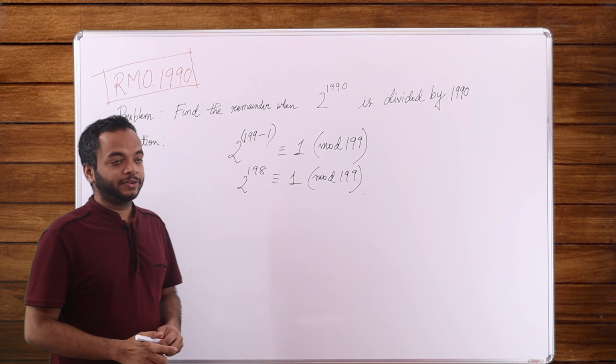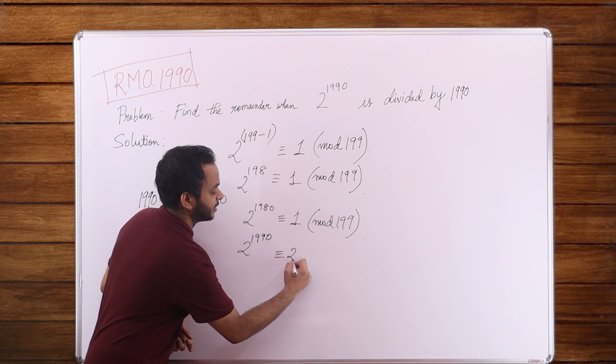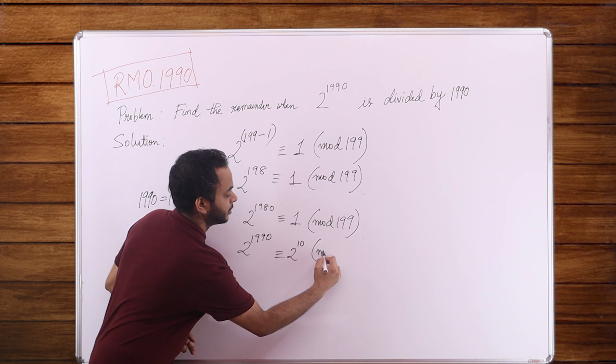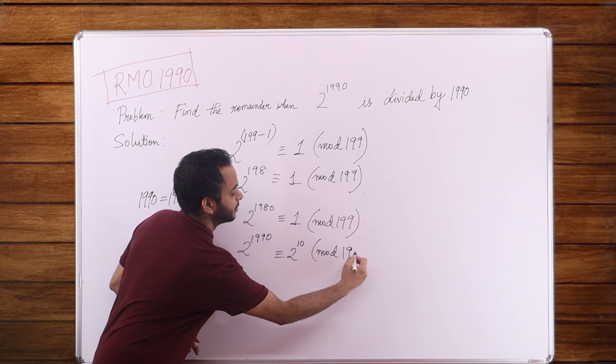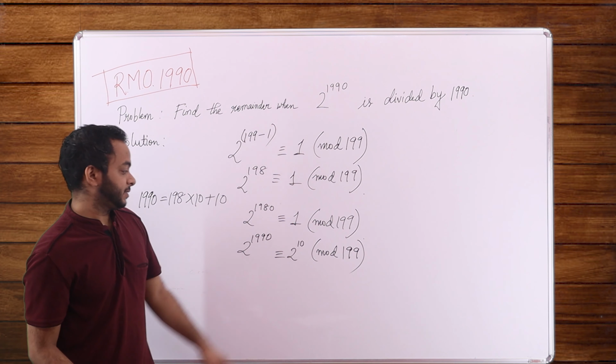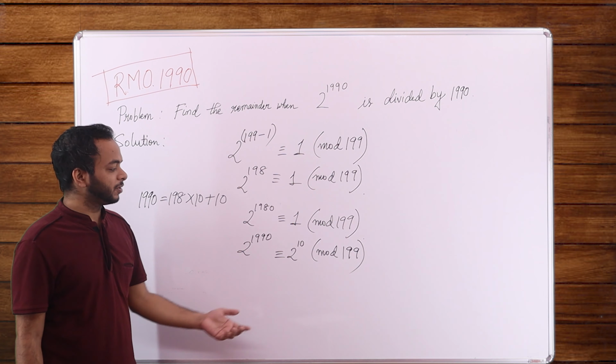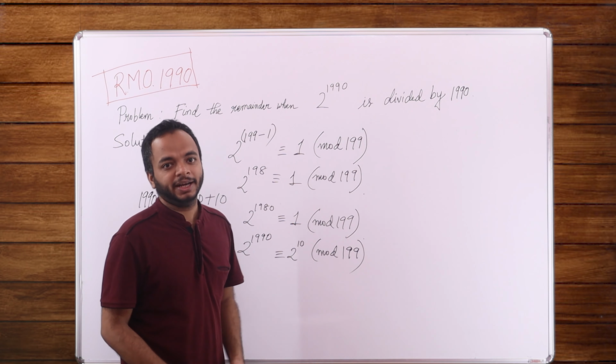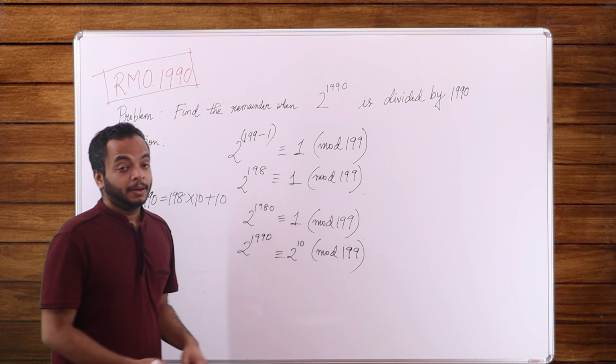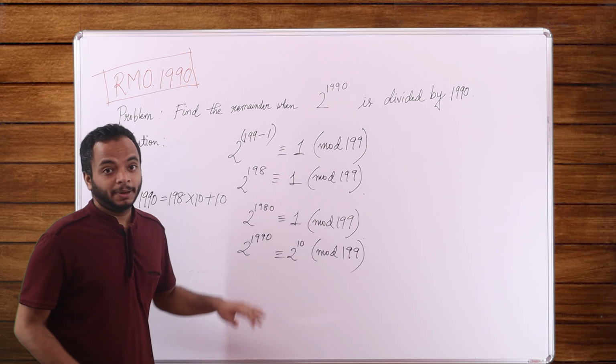So we simply multiply 2 to the power 10 on both sides. We reach 2 to the power 1990 on this side, and on that side it's 2 to the power 10. Where 2 to the power 10 is 1024, and we can easily divide it by 199 and find out the remainder. But I want to keep it here because